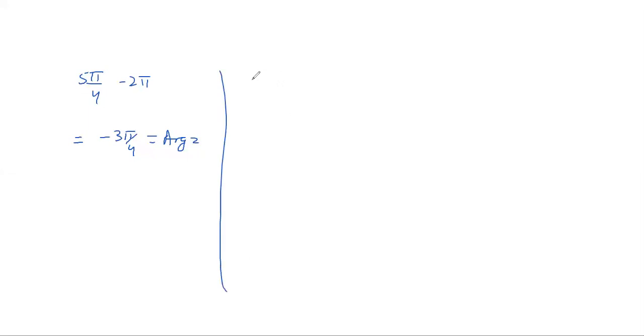So let's do the third example. Say Z is -3i. So what is the value of R here? The value of R: the X part is 0 and Y is -3, so it's 0 plus 9. So R is basically 3. And what is theta?